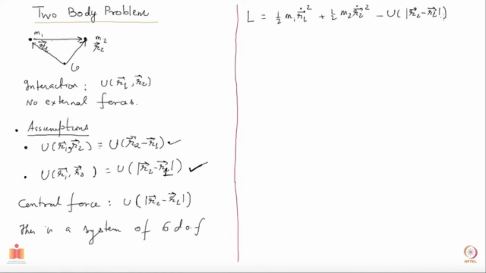Now our experience with several different systems before may immediately tell us that these are not the best coordinates. It would be wise to use r2 minus r1, the modulus of it, as one of the coordinates, and the other coordinate which will be good to use will be the center of mass coordinate. We have come across this thing several times, so I will not go further into this and just write down the transformation. So what we want to do is a transformation of coordinates